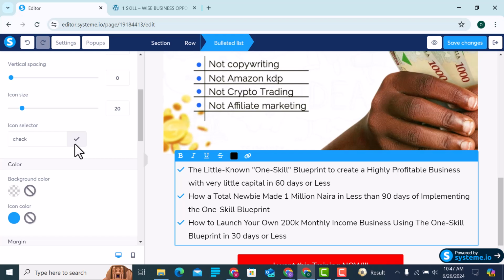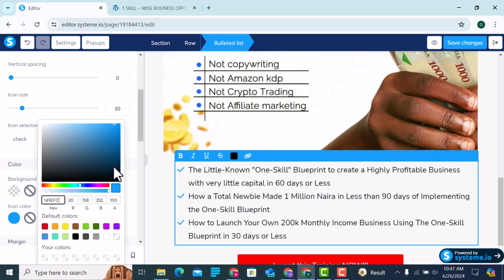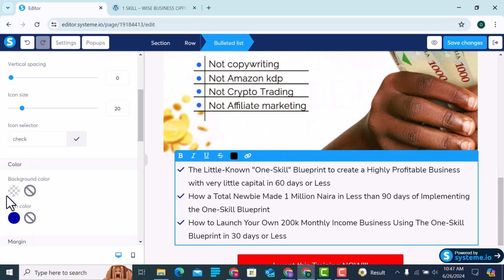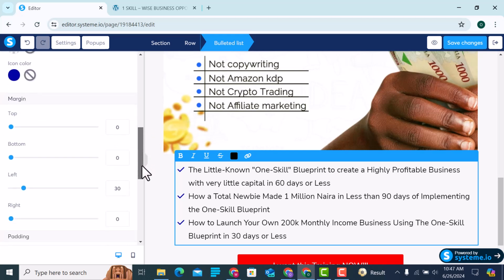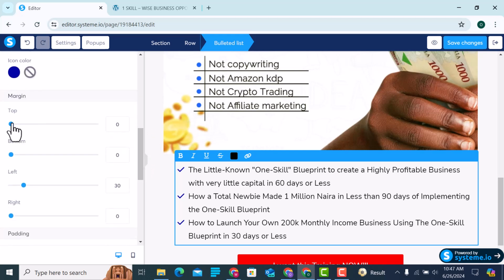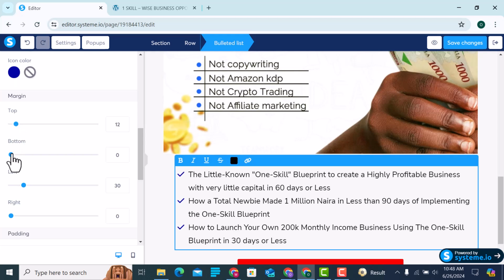I don't like this icon color. Yes, I love it to be checked, but I don't like this particular color, so let's make it a bit deeper. Does it have a background? No. Okay, let's make it a bit.